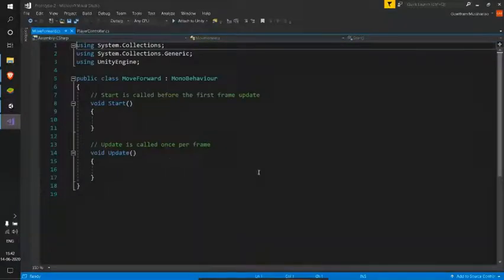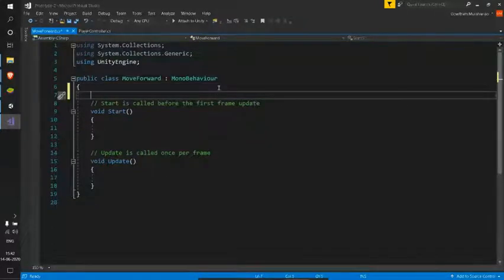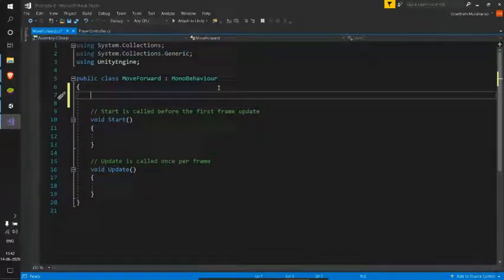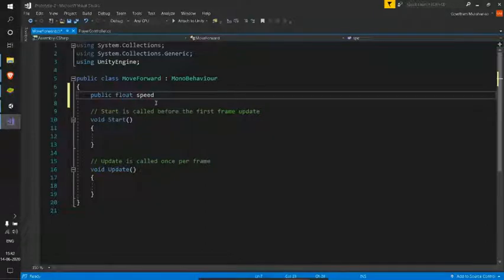I'll be opening this up in Unity, and let me write a simple code which we have already done for our car in the previous game. For that, let's use a public float speed variable, and let me assign that as 40.0 as of now.